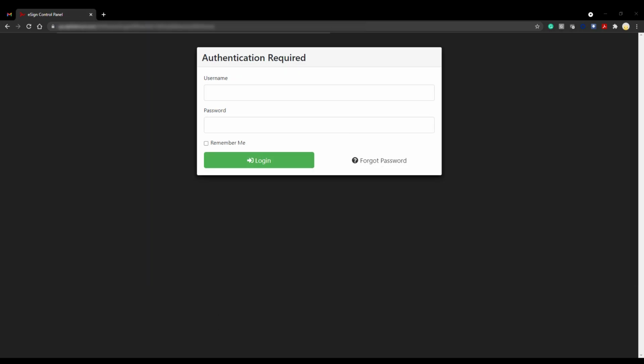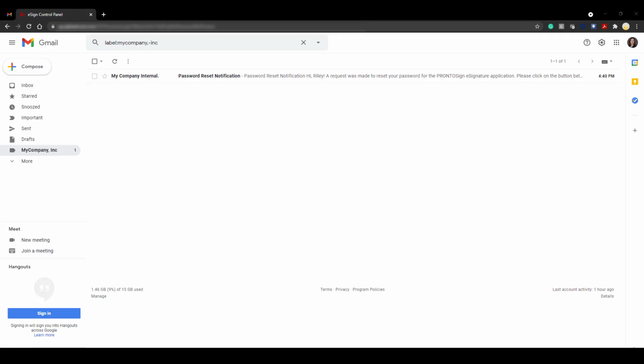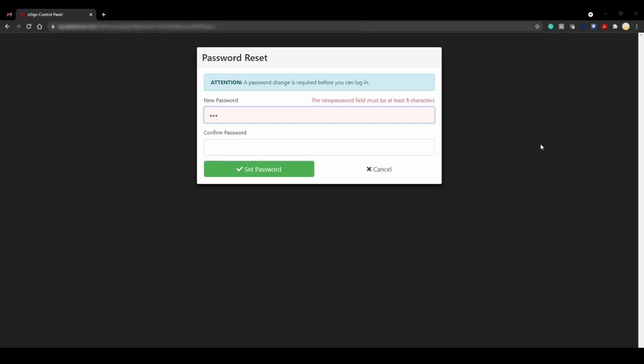Let's say the new user forgot their password. That is no problem, as the system allows for users to reset their password on their own. The user will click on the Forgot Password button and the system will prompt them to enter their username and email address. Then click on the Send Password Reset button. An email will then be sent to the user providing a link for them to reset their password. It will then bring them to a screen to enter and